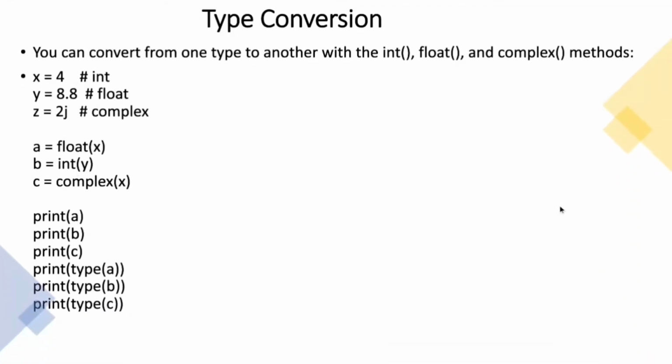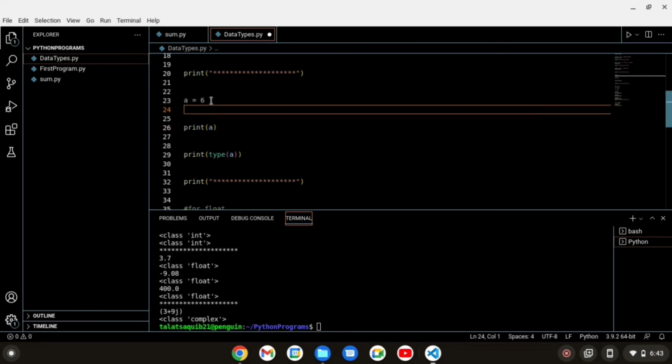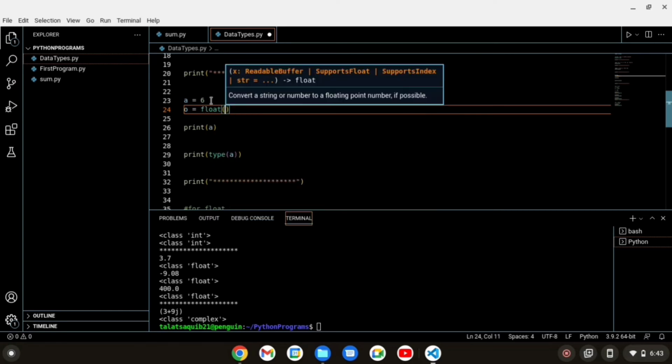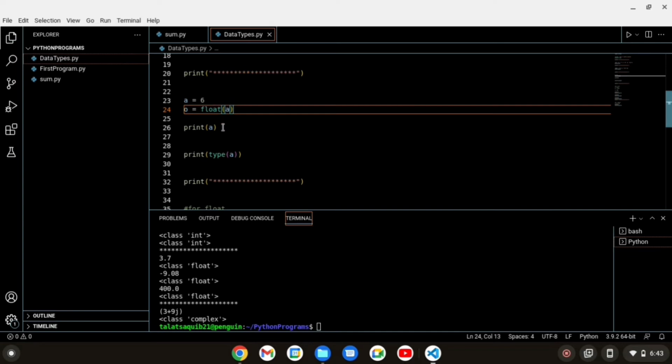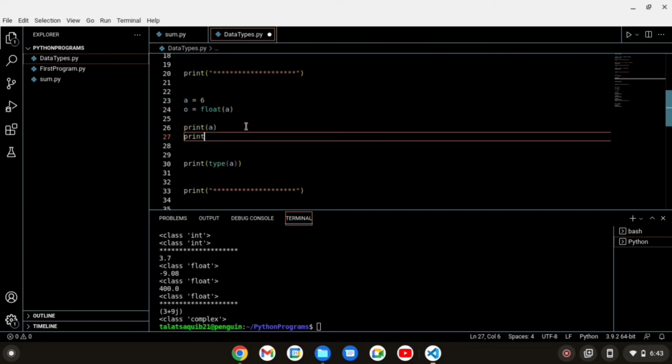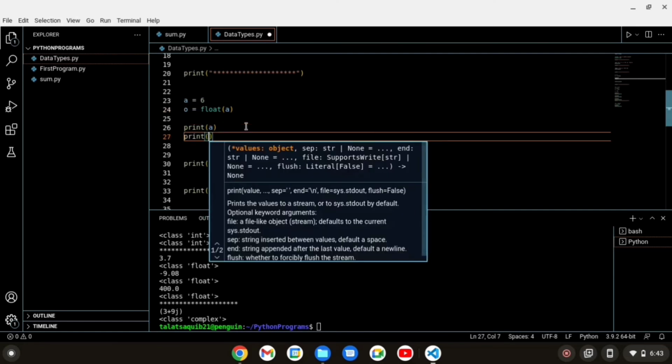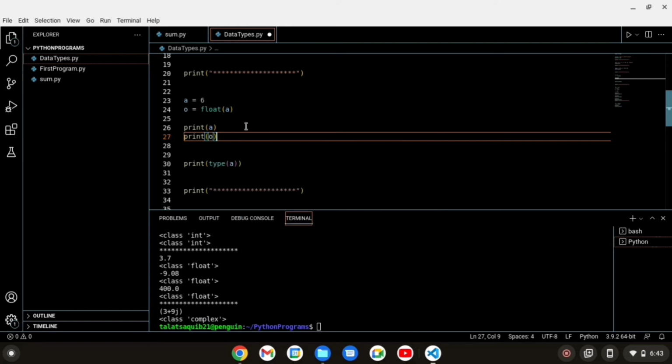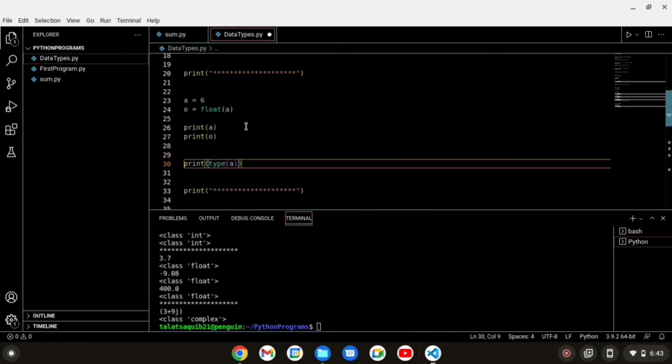Okay, next, type conversion. You can convert from one type to another with the int, float or complex methods. So these are the examples: x is equal to 4, which is an integer. Okay, so let's change it to another data type. Let's suppose a is equal to 6, which is an integer value. Okay, so o is equal to, let's suppose we want to change to float. So o is equal to float and enter your variable name, which is a. We want to change variable a into float. Okay, so print a value and print o value because we want both values. Okay, so let's run it, and let's